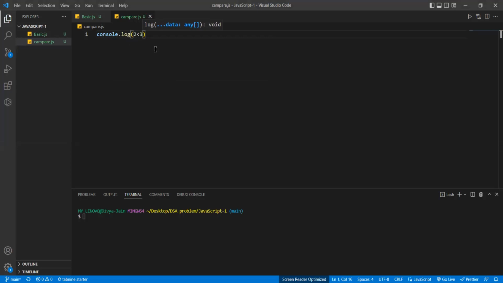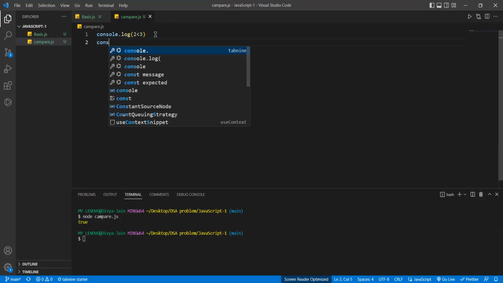So suppose it, what is the answer of this? I think the answer is true. So you can check this answer. So the answer is true. Second, we can check